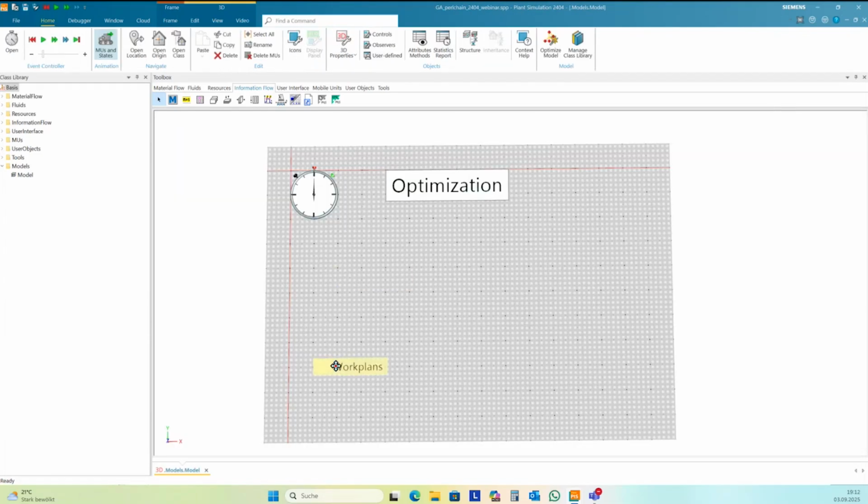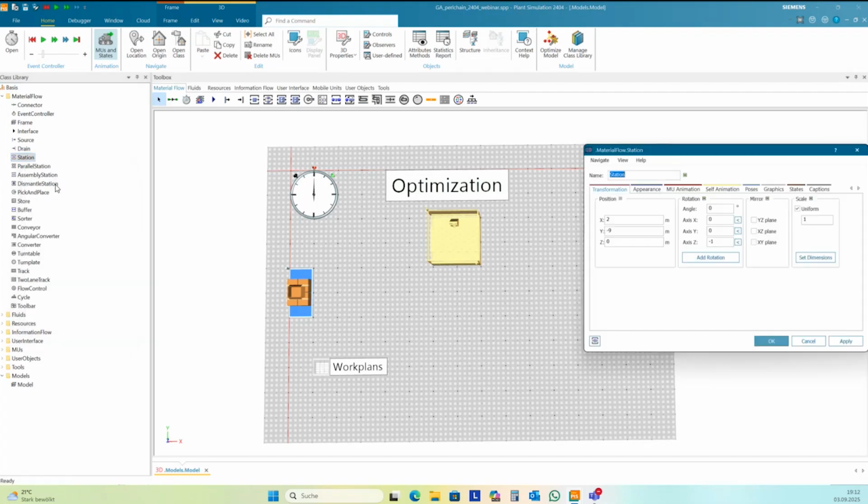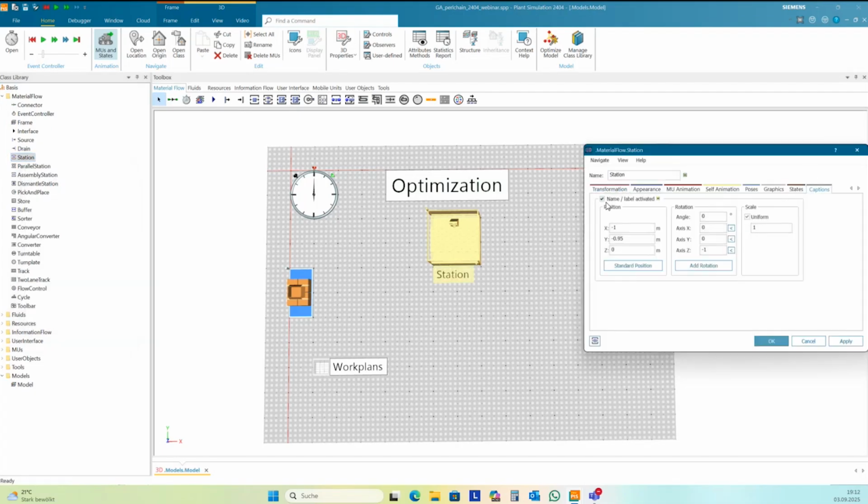And now I can create my basic frame here. I need a source. And I need 4 stations. I activate names for the station, 3D properties, and then I activate the captions.